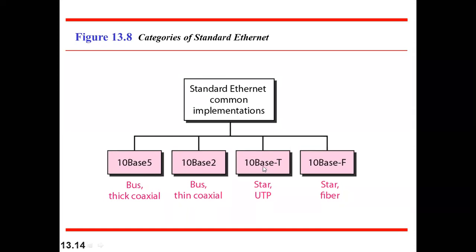So these are the different categories of standard Ethernet, which are 10Base5, 10Base2, 10BaseT, as well as 10BaseF. We'll go through the detailed explanation of each type one by one. And coming to